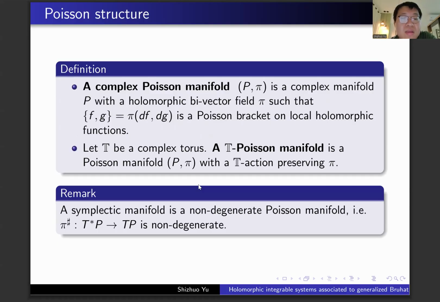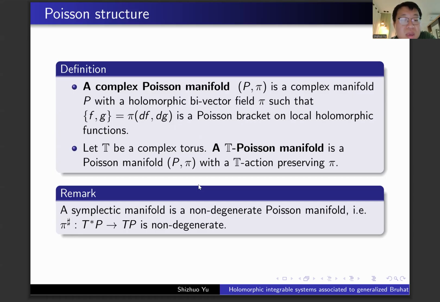And for Poisson structures in geometry, we mean a bivector field on a manifold or a variety, such that the induced bracket of this bivector field is a Poisson bracket on the local holomorphic